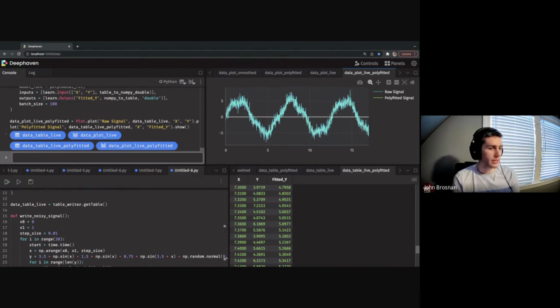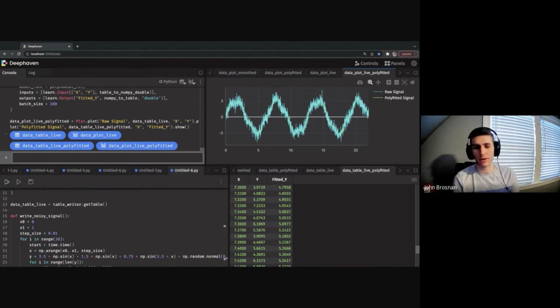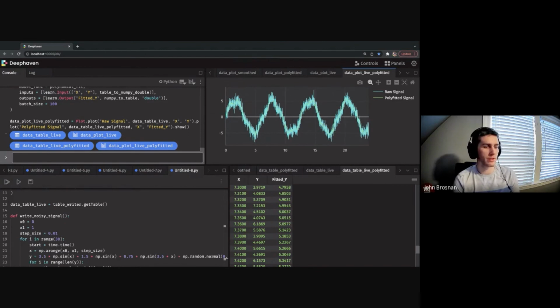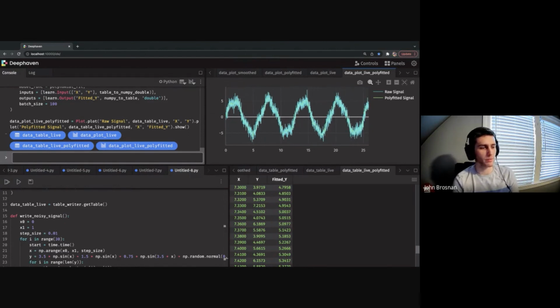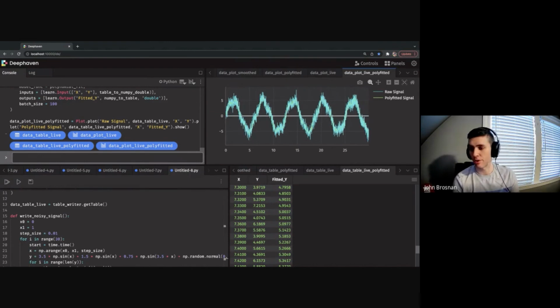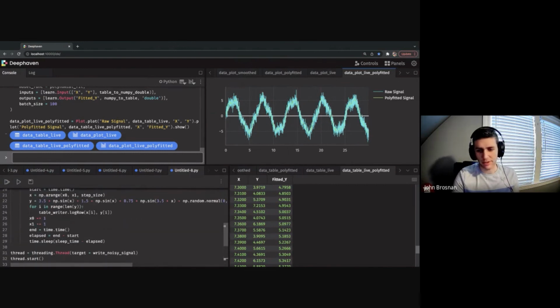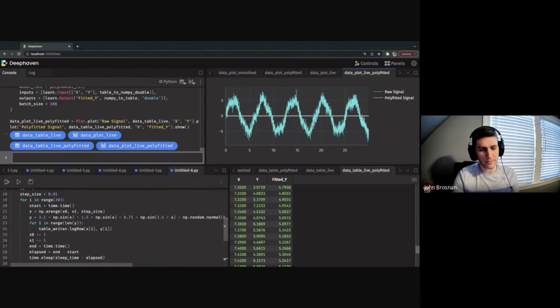And that's pretty much it that I have for today. This may be a very simple problem to solve, but this methodology does translate well to much more complex problems, including ones in AI. I didn't show it here, but in the case of using Deephaven for AI, you can either choose to fit or train your AI and machine learning models to, sorry, it's not 30 values a second. It's actually, I write for 30 seconds and I believe it's actually 100 values per second. Either way,